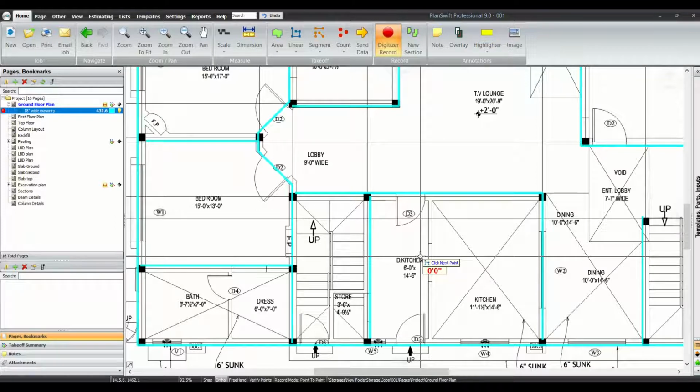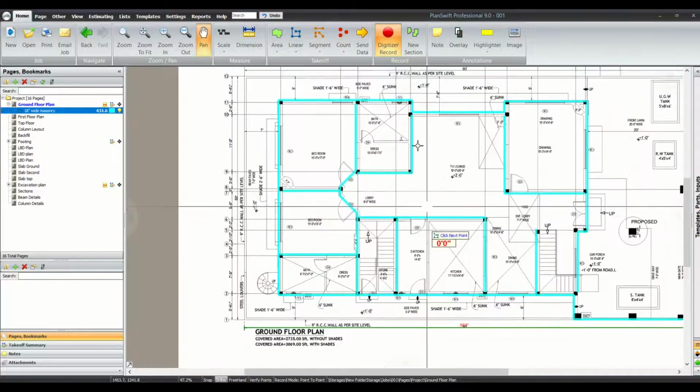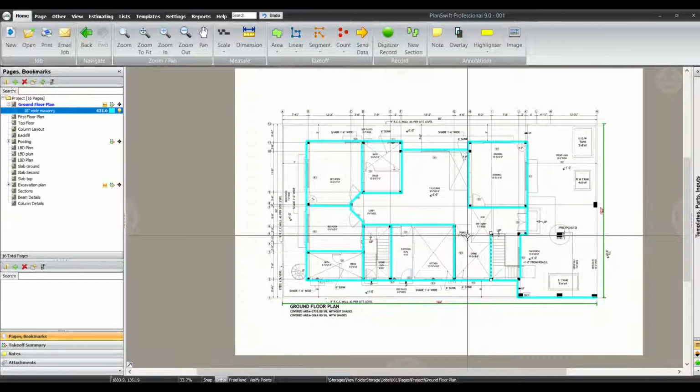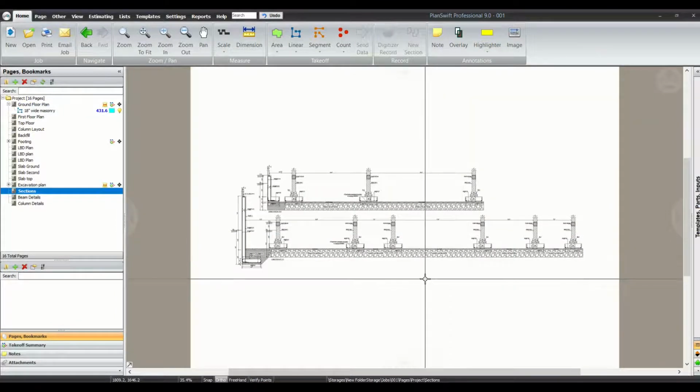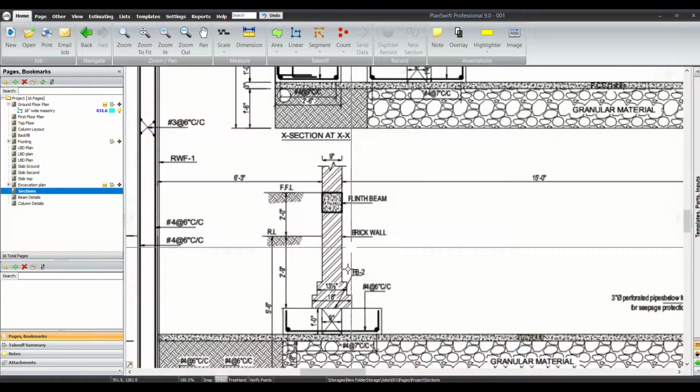So these are the lines which we have marked. These are all the main 9 inch thick walls which are going to need an 18 inch thick brick masonry course. So now we are done with 18 inches wide. If I go back to the sections, we see over here that we have 3 different courses.